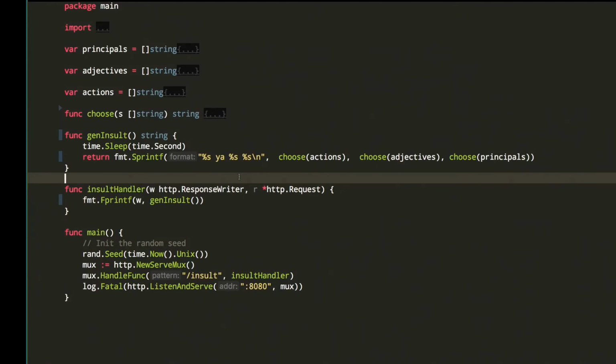Then we have this function called geninsult, and this is us pretending to go to the database or do something slow. So geninsult sleeps for a second, and then it formats the string that's going to be full of bad words. We have func insult handler. Now this is the thing that actually services our HTTP request, and it's going to call geninsult and then return us the string. And finally, our main program,